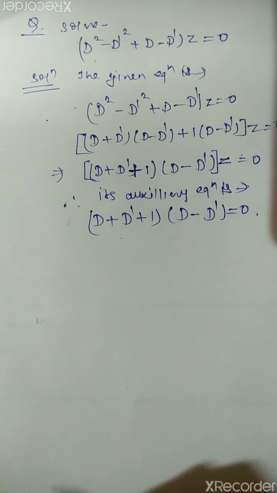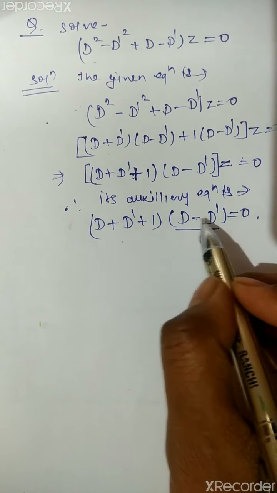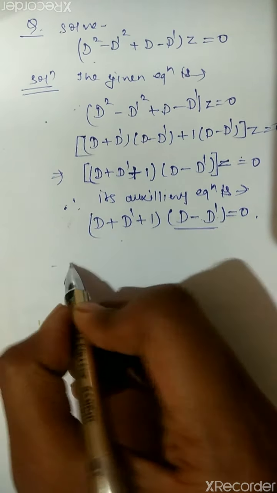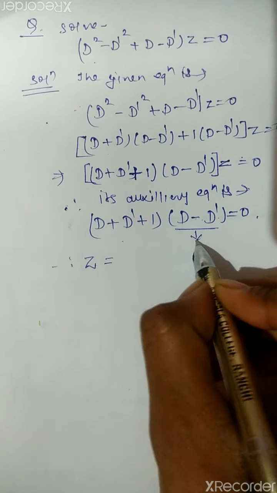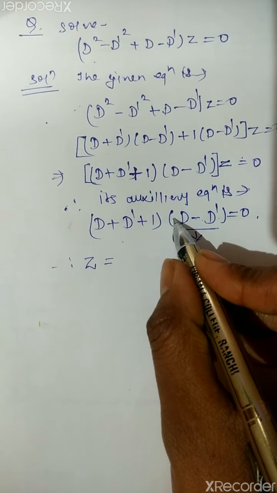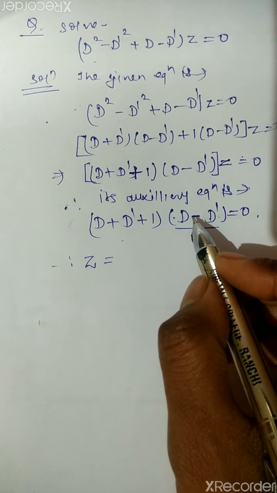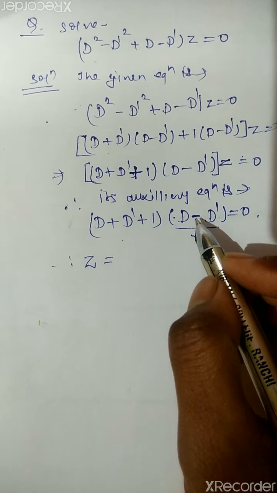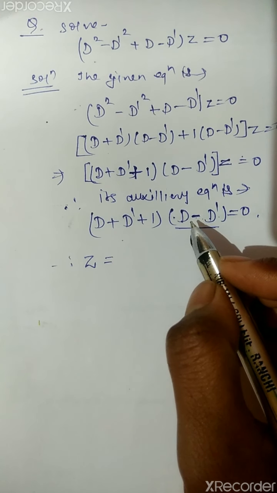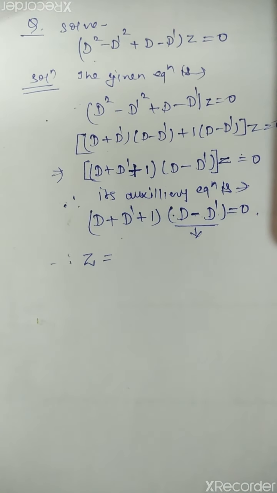So what we get here? First from this equation, a d plus b d dash. So therefore, what we write for this function? For this, we have what? Here with the coefficient of x, whatever is here, and the coefficient of y. So here it is minus 1. So what we will write here is, do you remember what we have written earlier? Yes, fy plus mx. Fy plus mx. Fine. So here it is